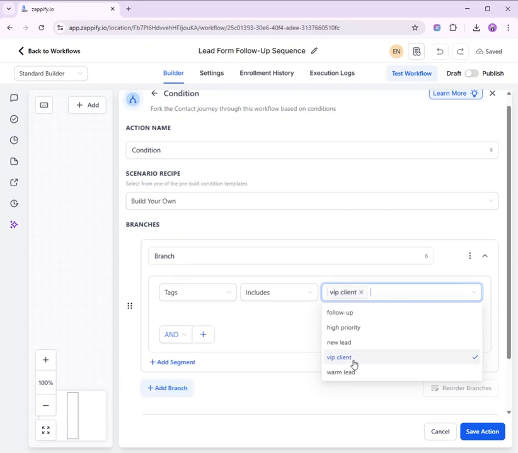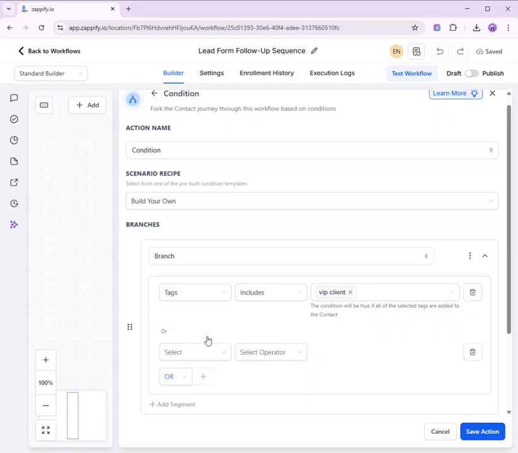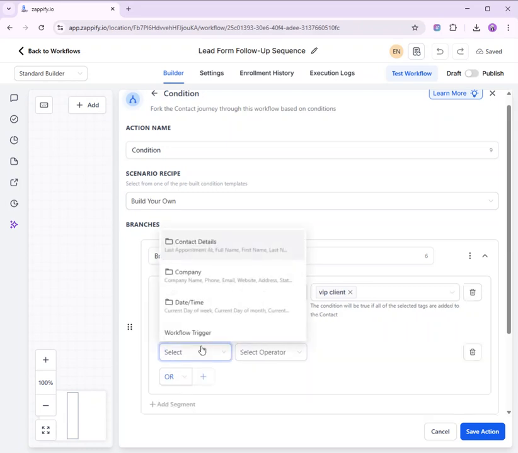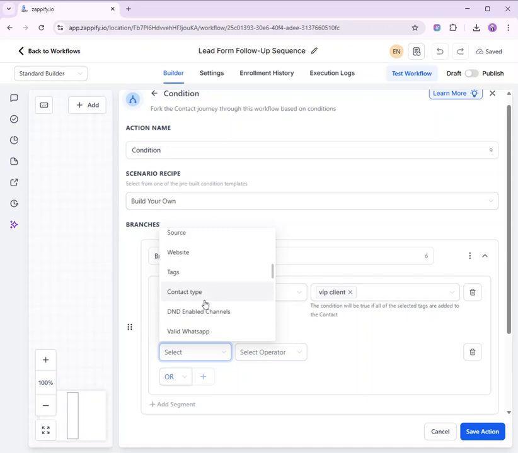So in VIP client, we can send a specific message. And if not, it can send a different one. And gonna choose or. If not, gonna choose tags.